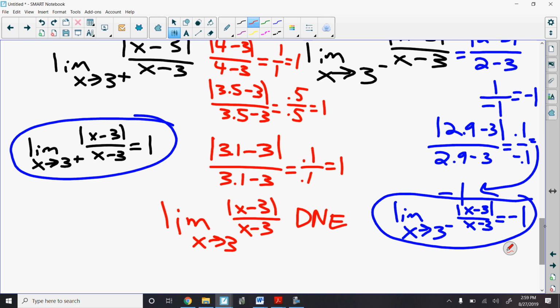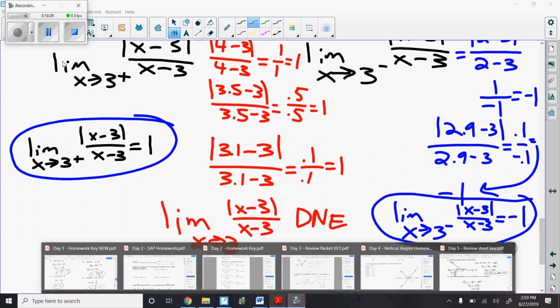Now, the limit doesn't exist, so our function is going to be discontinuous. What type of discontinuity would this be if we have a right-hand limit of 1 and a left-hand limit of negative 1? Well, that tells me that this is going to be a jump discontinuity. We're running out of time, so I'll show you guys the graph on that in class